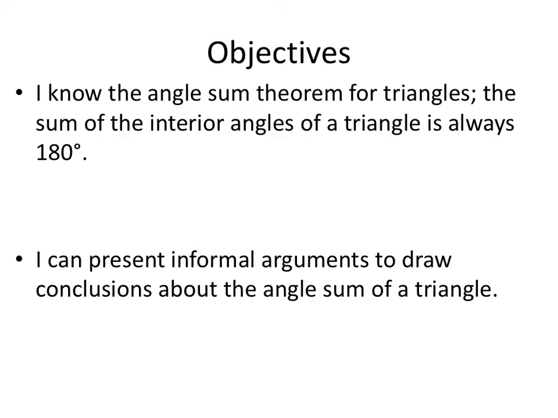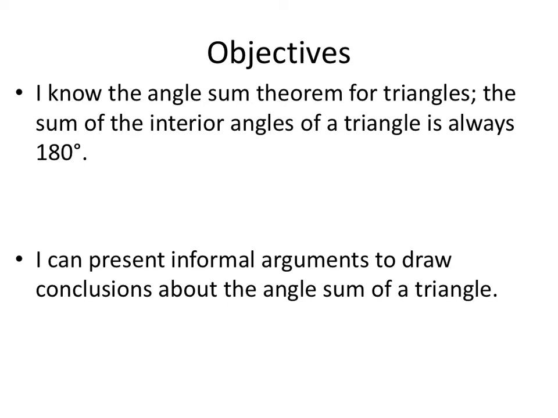I know the angle sum theorem for triangles. The sum of the interior angles of a triangle is always 180 degrees. I can present informal arguments to draw conclusions about the angle sum of a triangle, which we'll look at. So again, these are the objectives, or what we expect you to know by the end of the lesson: that the sum of the interior angles of a triangle is always 180 degrees, and then we should know that